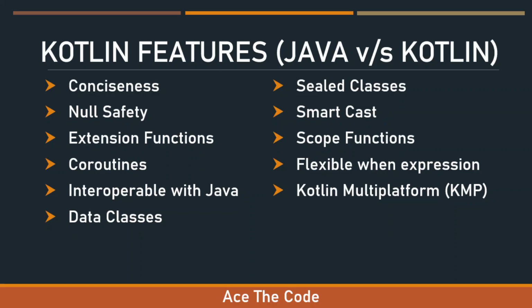Kotlin also has a smart cast feature, which means that if at a particular point the Kotlin compiler identifies that this object is of a particular target type, from that point onward, within that block, you don't have to typecast that object to the target type. The Kotlin compiler will automatically convert it into a target type variable, and you can use all the functionality of that target type. So this definitely reduces our coding efforts.